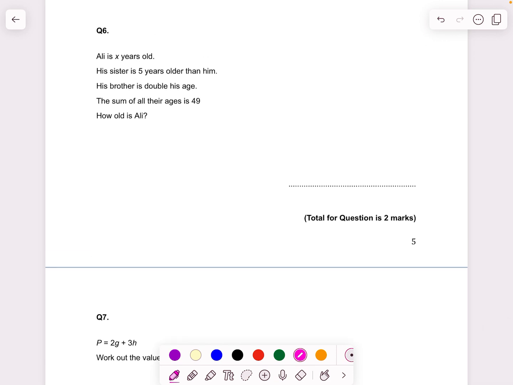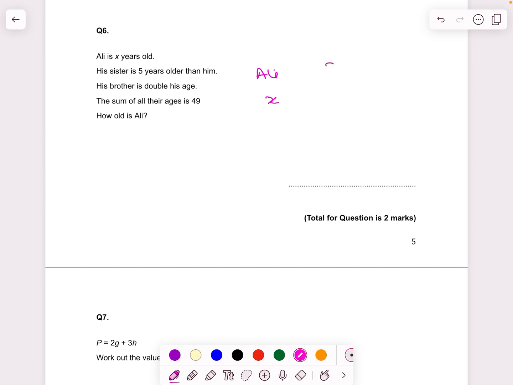Ali is X years old. Now in this question you had to form a correct equation in order to get one of the marks, okay? And you got 1 mark for the correct answer. So if you got the correct answer without forming the equation, you did get 1 mark. So Ali is X